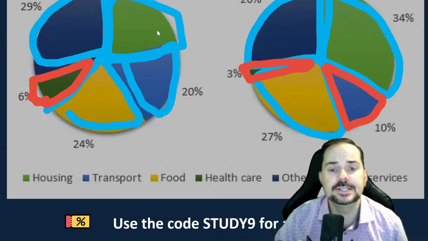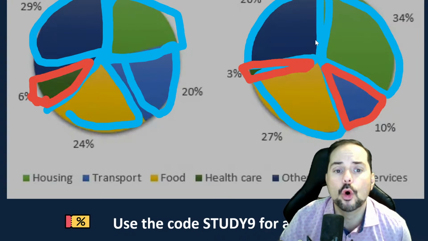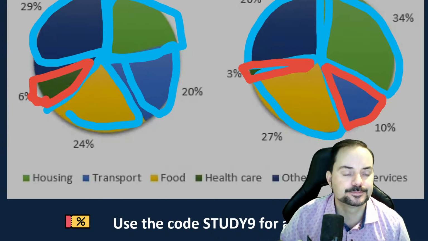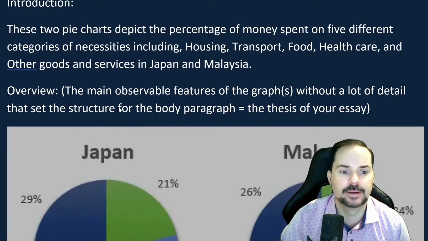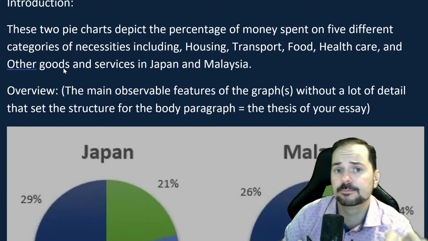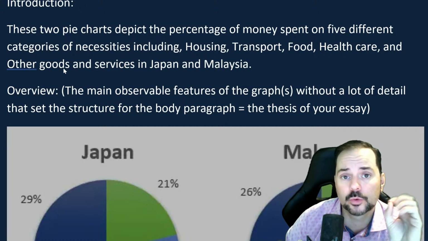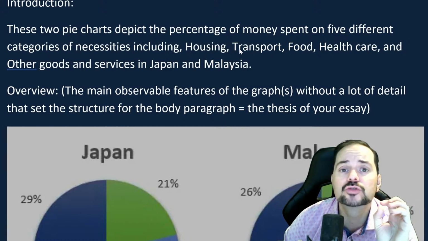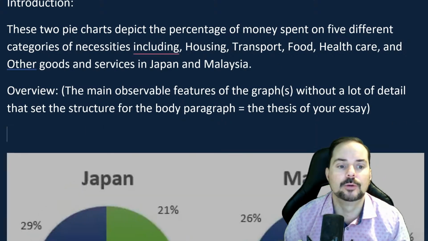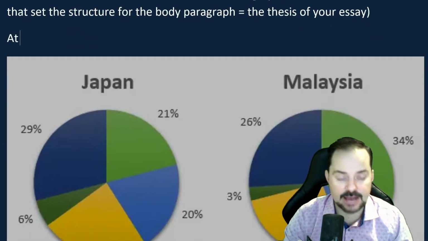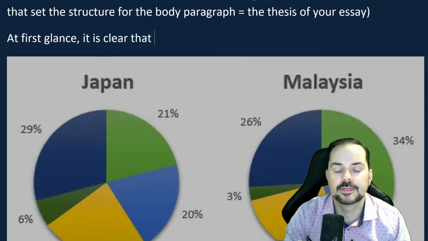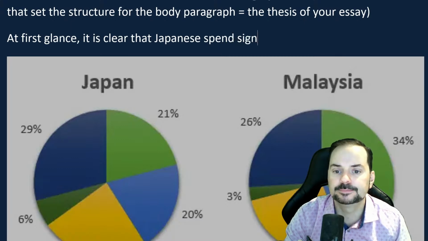Anyway, we see these slices. So that's my visual overview, and that's what I'm going to write about. Now, your overview is very important. Don't underestimate this because that will create clarity and structure in task one. And clarity and structure in task one is extremely important. So I would say at first glance, it is clear that Japanese spent significant